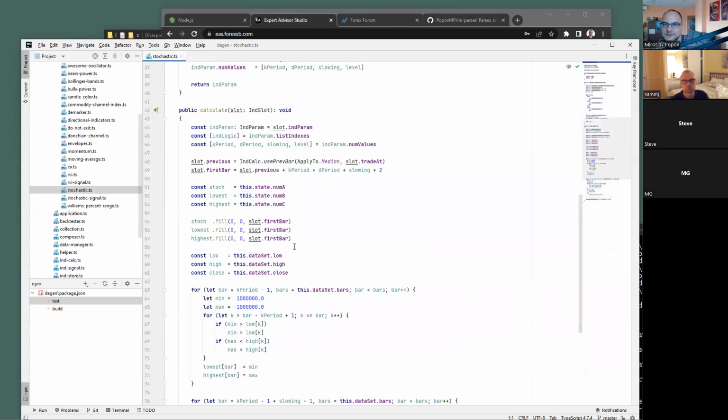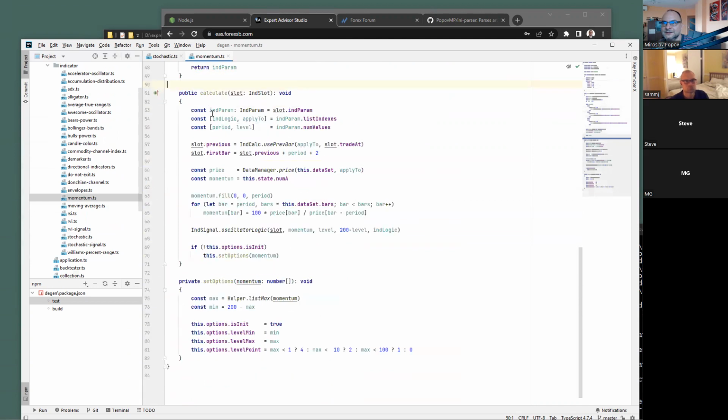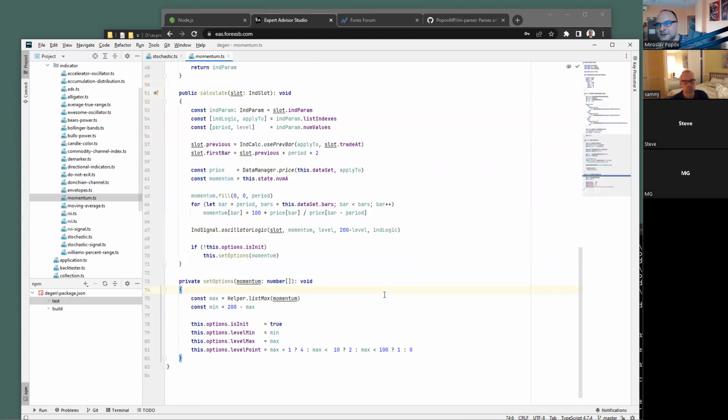It's a little bit of momentum, okay, because it's shorter. This is the calculation of momentum. And if I open the other one, this also has a custom generator. If I open the other one from